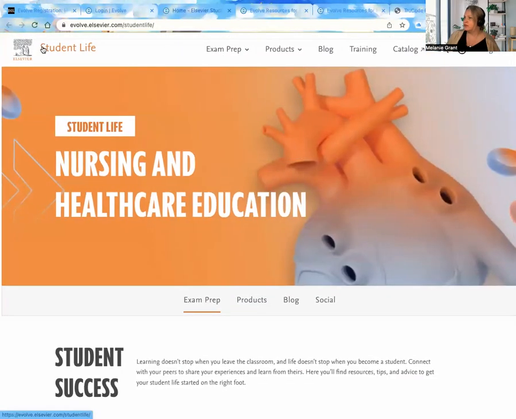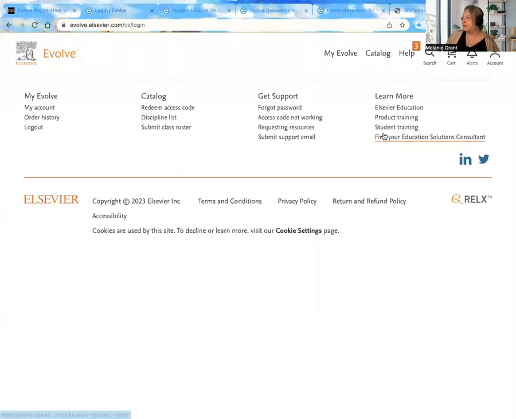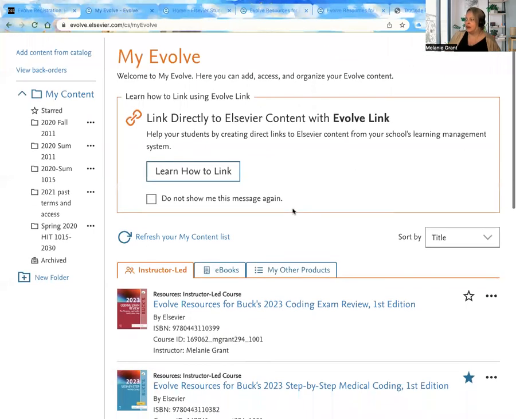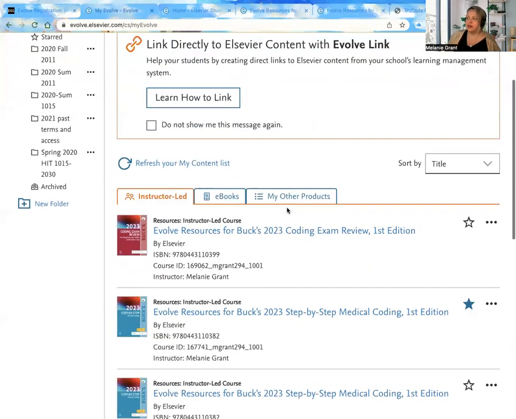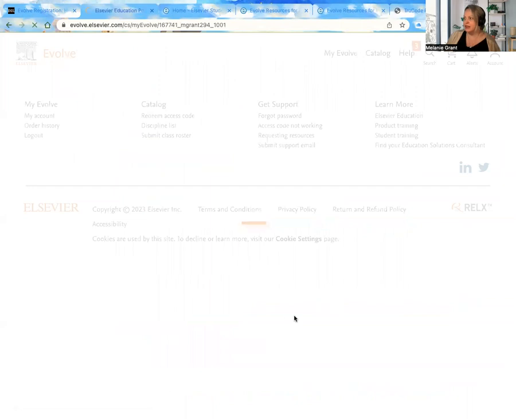But most of the time, the most important tool here, let me just move this invisible bar out of the way here, under your My Evolve section, once you've logged in, is how to link. You can link directly here to add your class. Now, all of these that I see on my screen here are the additions of the class that I have. Yours is the course ID that's listed here, and you'll see that when you have successfully registered your book into our class. All you'll need to do then is click on the link,